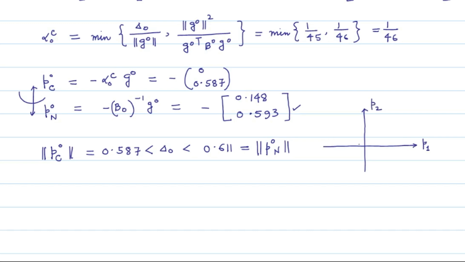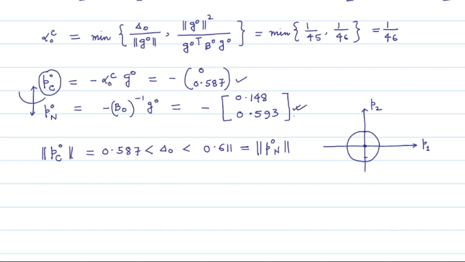The center of the trust region is the origin in the p variable space, and the radius of the trust region for the current iterate x0 is delta_0, which is equal to 3/5, 0.6. So we draw a circle of radius 0.6 centered at the origin, and the location of the Cauchy step inside this trust region is on the negative P2 axis somewhere over here,